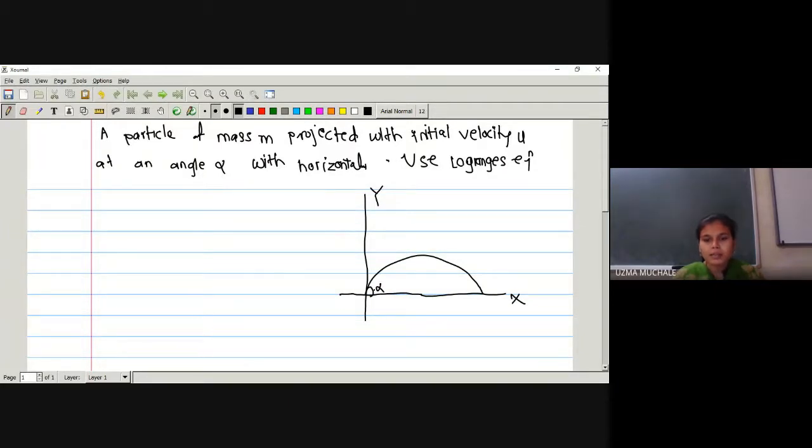That means that the particle will make some angle alpha with the positive direction of the x-axis, or we can say with the horizontal direction, right? The velocity of the particle we are provided is u. Okay, is the idea clear? What is the example given to us? Yes, ma'am. Yes, ma'am. Okay. So what is given to us? U is the velocity. So now, before going anywhere else, let me find what will be the velocity in the x and y direction if u is the velocity of that particle?